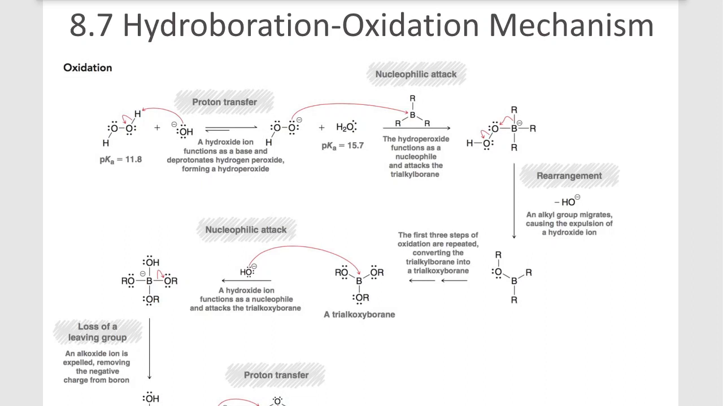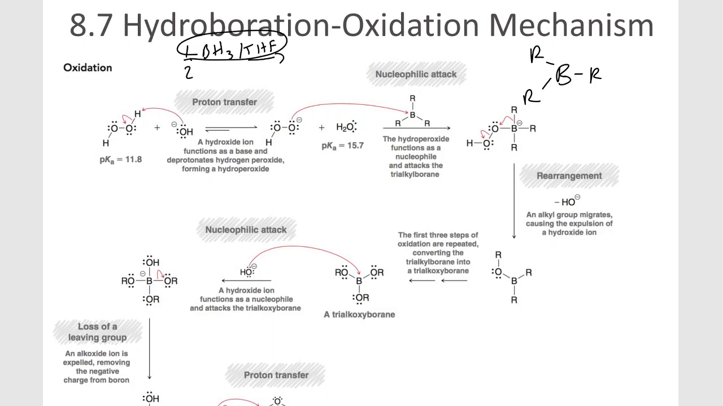Alright, so now we have this BR3 species that we just formed, and we've got to get the R's off the boron. So remember our overall reaction here was, in our first step, BH3, THF, and we already did that part, right? And then our second step on our reaction arrow is H2O2 and NaOH. Okay? So our second step is to get the R's off of the boron